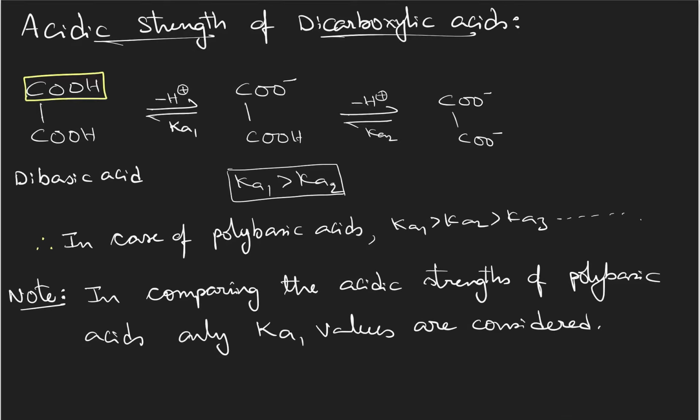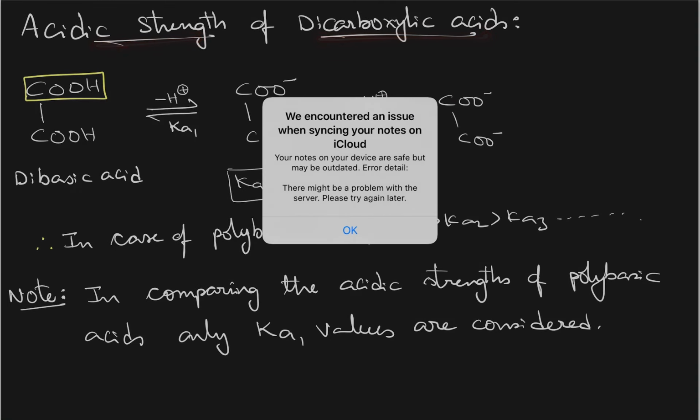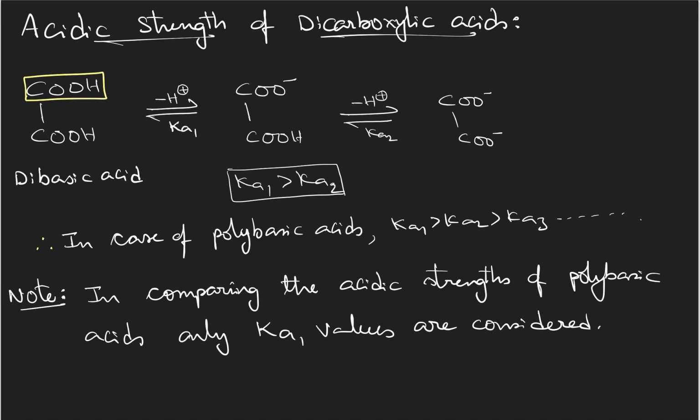With this second part, we will complete acidic strength of organic compounds. So first, acidic strength of dicarboxylic acids. A dicarboxylic acid is one which has two carboxyl groups. That means two acidic hydrogens will be there, and each acidic hydrogen on release will establish one equilibrium. So for the release of first H plus ion, this is the equilibrium condition. For the release of second H plus ion, this is the equilibrium condition.